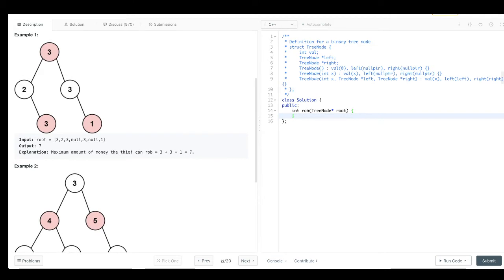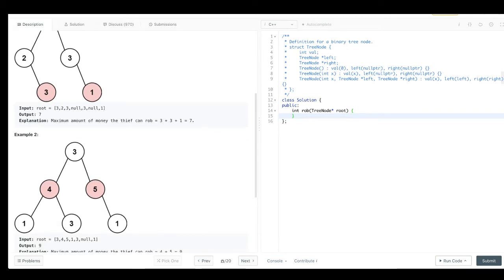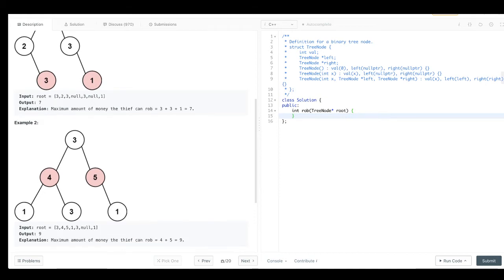We might think of robbing on alternate levels, starting once with robbing the root node and once without robbing the root node, but that wouldn't give us the correct answer. Suppose the root node had a value of 100 here, and there was another level, a fourth level, with one node with value 100. The maximum profit in that case would be this 100 plus that 100, which is 200, rather than going on